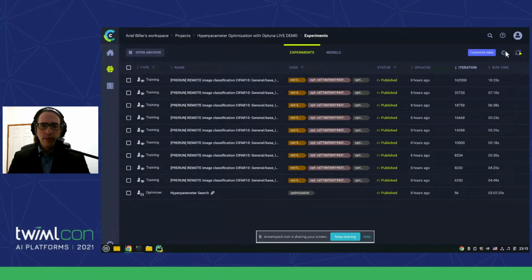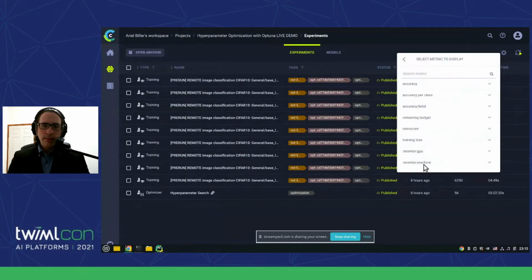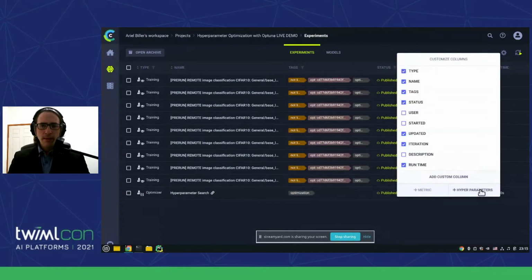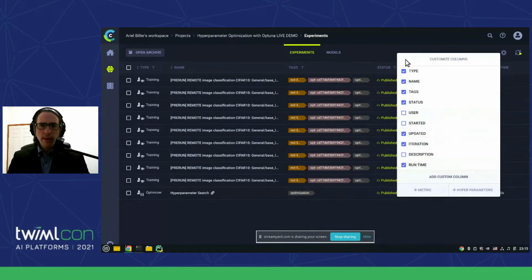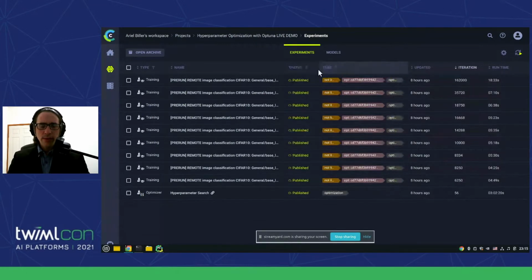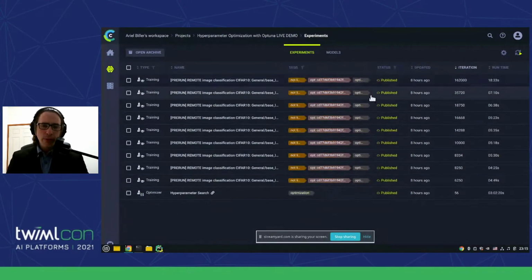You can even add metrics that you've generated in your code, in your runs, or hyperparameters that configure the actual experiments. And you can move stuff around, remove, and filter out. And it's really good for a top-level view when you're trying to understand what you've just done. The same goes for the models. And that's the main view.